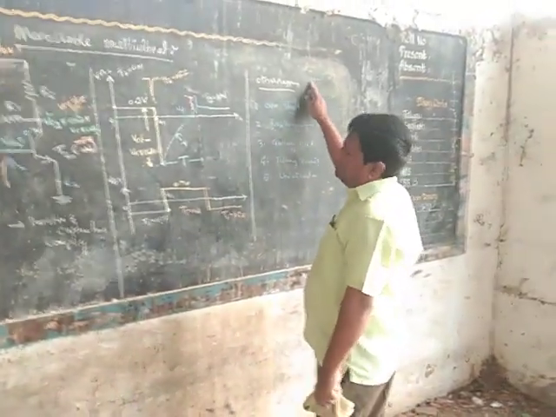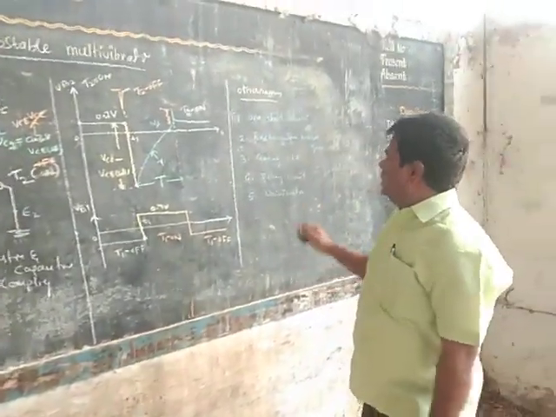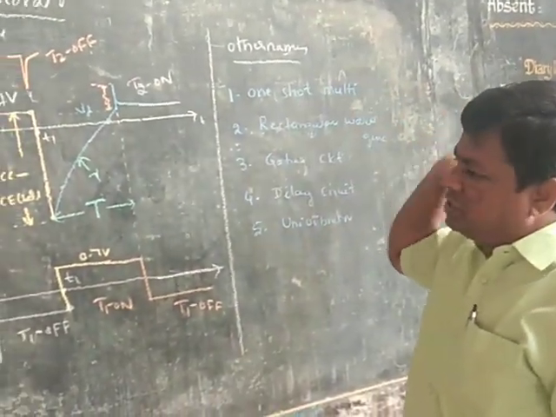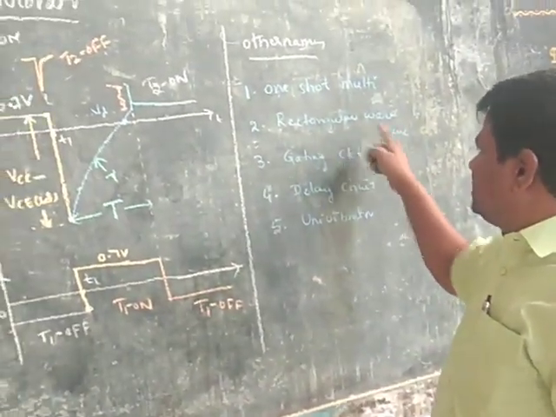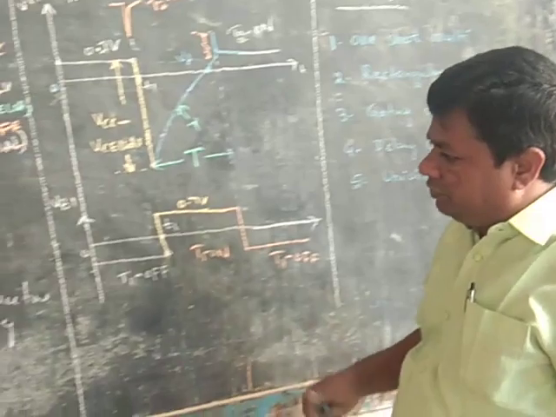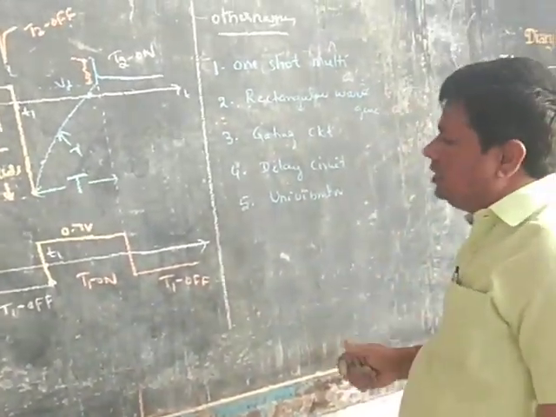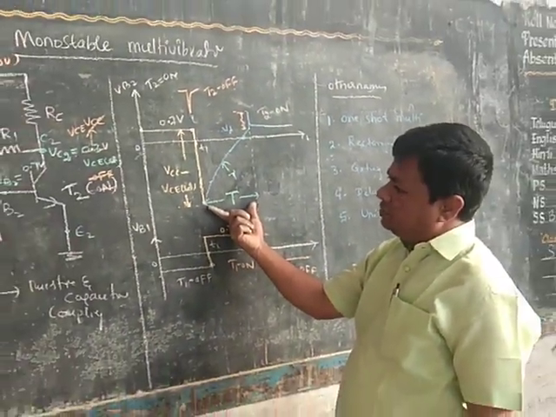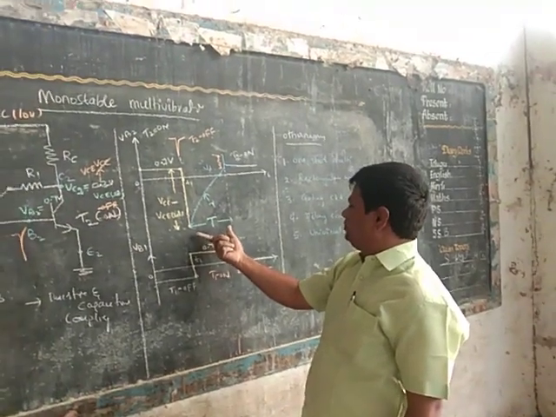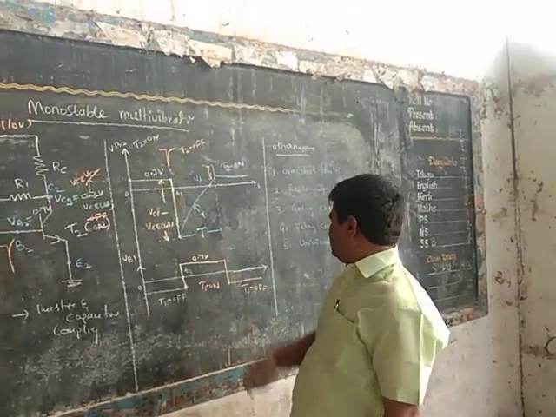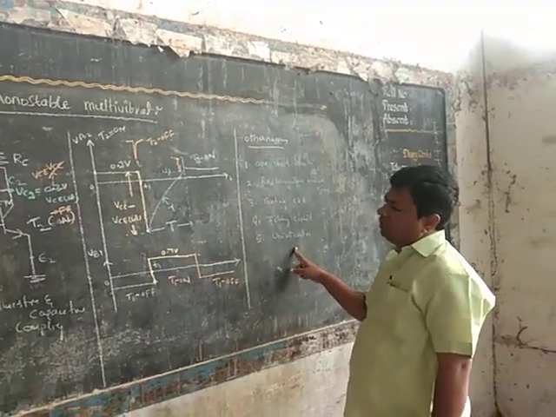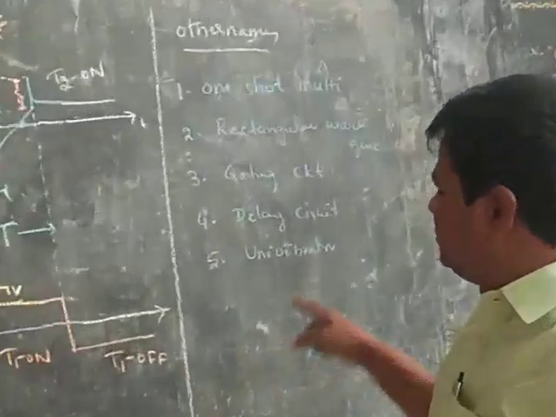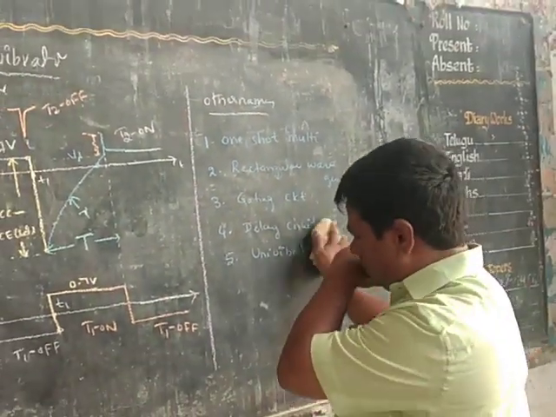Other names for the monostable multivibrator: here this is the one-shot multivibrator. It is also called one-shot because there is only a single stable state. It is a rectangular wave generator. Whenever we observe the collector waveforms, they give a rectangular shape, a rectangular wave. It is also a gating circuit: this time period is used for a gate pulse. So it is a gating circuit, or delay circuit, or univibrator circuit. Not bistable. Here it is a univibrator, only a single stable state, that's why it is called the univibrator circuit.